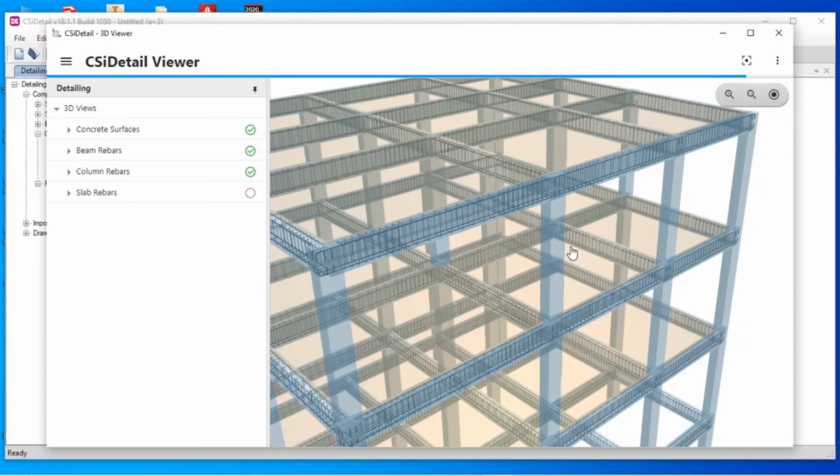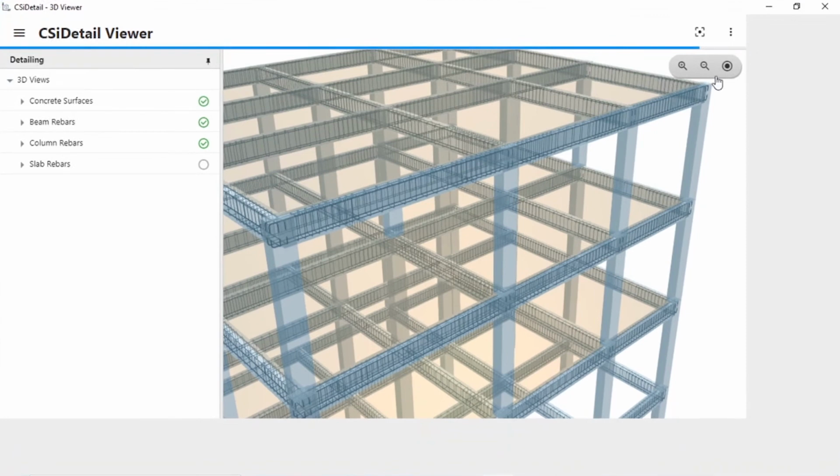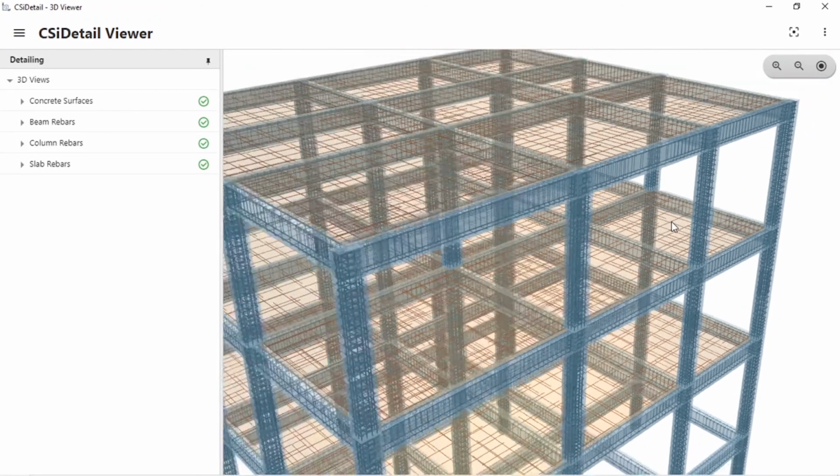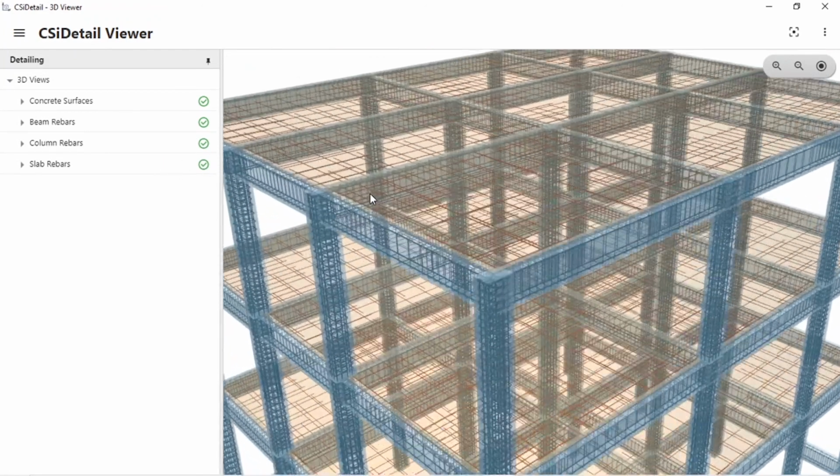It's still taking time to load. Now all the column rebars are there, and all the slab rebars are also there.